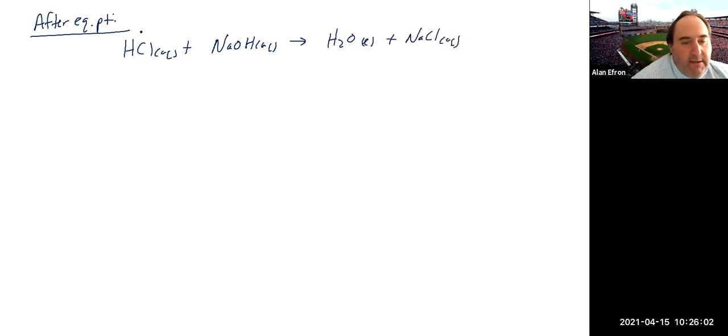Again, this is what we're starting with, and this is what we're adding. But now we are past the equivalence point. So if you think about our moles of acid to moles of base at this point,